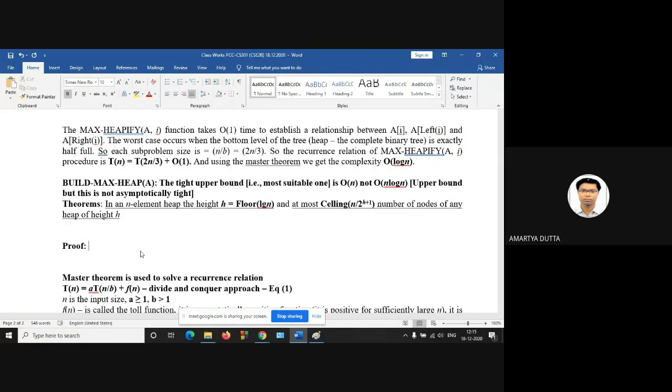Please look at it carefully. The time required by max heapify when called on a node of height h is order of